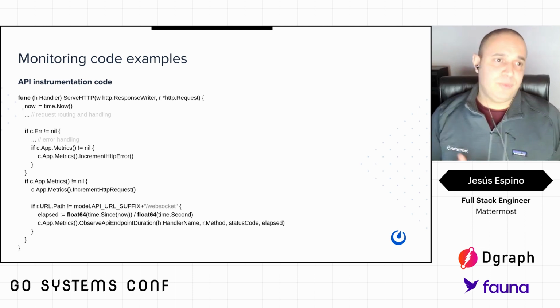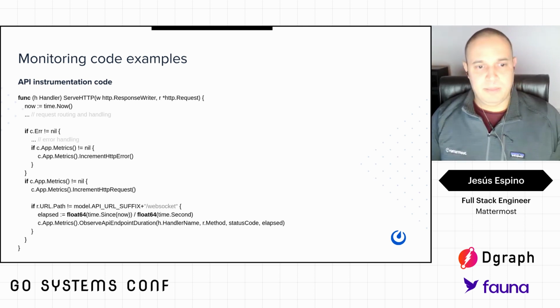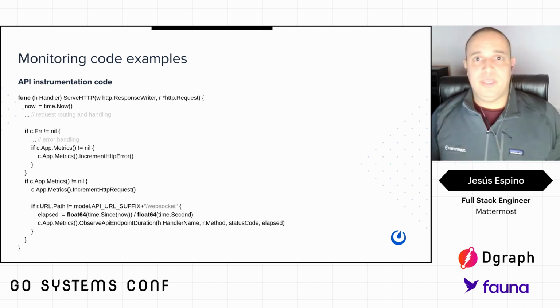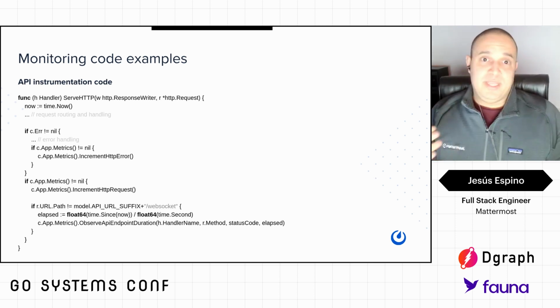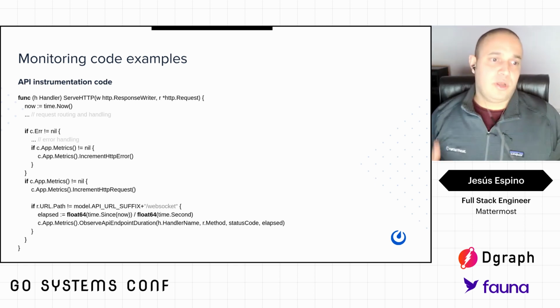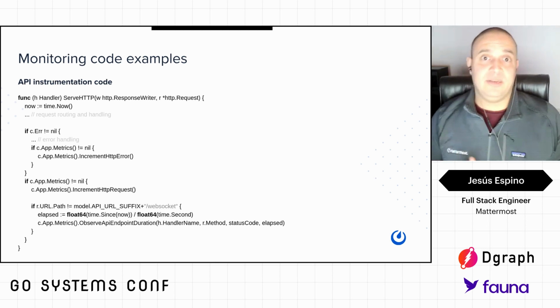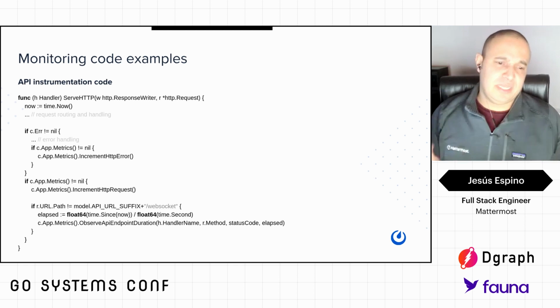The other way that we instrument code in Mattermost, because Mattermost is a REST API from the server-side perspective, we have an entry point that every single request in Mattermost is going to enter through. And we just store the time there, verify if there was an error or not, and add the counter to Prometheus, and verify if we are not asking for the WebSockets,